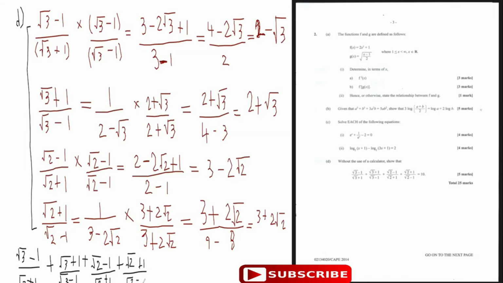All of this is going to be equal to, let's bracket them: the first one is 2 minus root 3, plus 2 plus root 3,